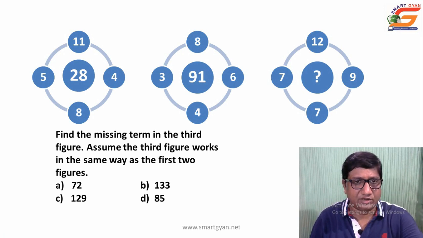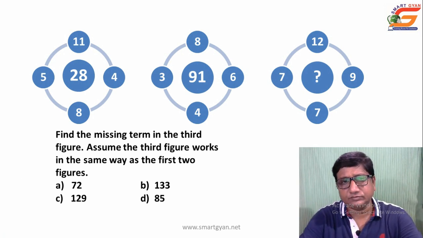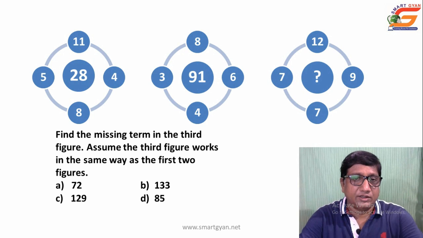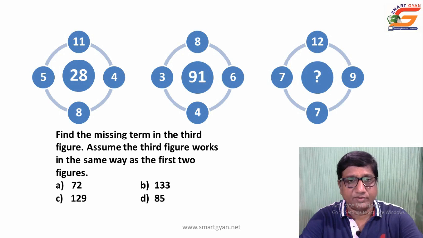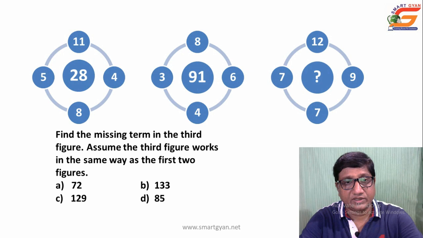Next, same one more, where 28 is at the central place, that is the resultant figure is 28 here. How is it possible? Think of 11 plus 4 is 15, plus 8 is 23, plus 5 is 28. Yes, the sum is 28 coming. Adding all this, then coming to the second one, 8, 3, 11, 4, 15, 6, it is 21. No, it is not possible.